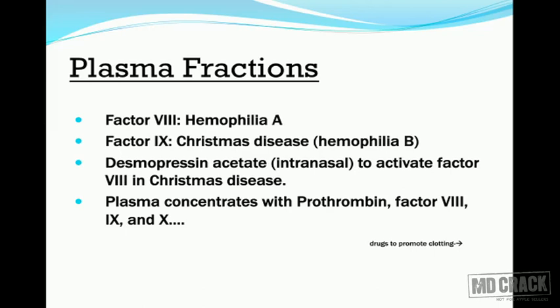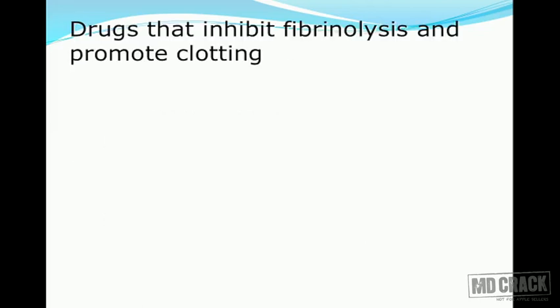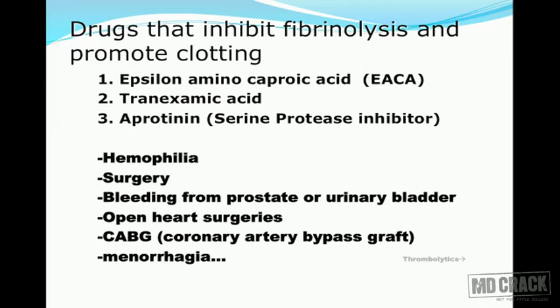So let's move on to the next slide. That's the drugs used to promote clotting. So this is another way, drugs that inhibit the fibrinolysis and promote clotting. So they will be useful in certain situations to take care of the bleeding. The first commonly used drug is epsilon aminocaproic acid, that's EACA. Next one is tranexamic acid, and the third one is aprotinin, which is a serine protease inhibitor. Please remember EACA, epsilon aminocaproic acid, tranexamic acid and aprotinin, and look at the indications in which they might be